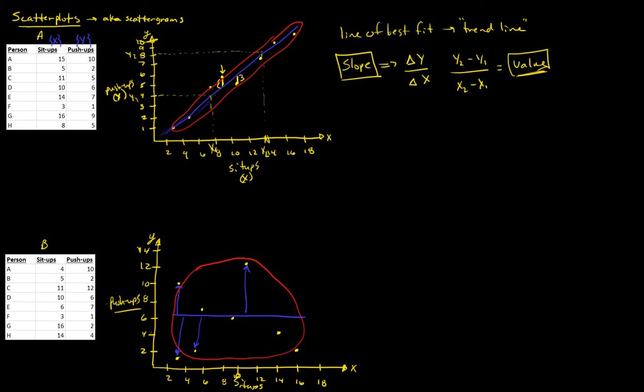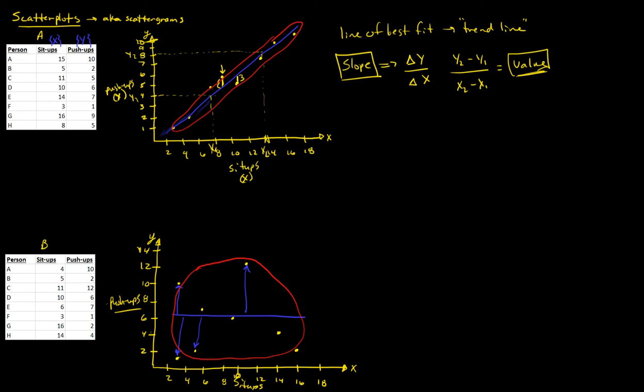With data set A, we're seeing here that there is some kind of relationship that as you increase in an X value, you're increasing in a Y value, but not the case in data set B, where you could be decreasing. You know, if you're going up in sit-ups, you could be decreasing in push-ups. If you're going up in push-ups, you might be going up or going down in sit-ups. There's just really no relationship between these variables, which is why they're plotted on a scatter plot in this large dispersed circle. So hopefully that gives you a sort of intuition about what a scatter plot is and then how you can